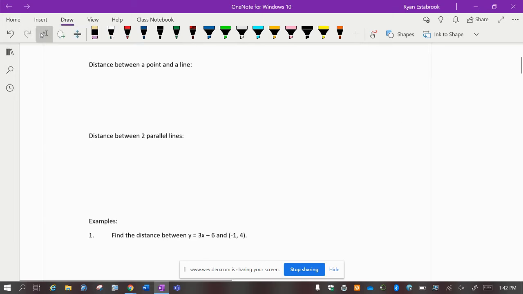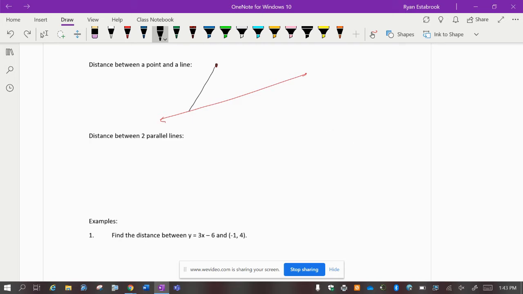We're looking at perpendiculars and distance. The first thing we're going to look at is the concept of the distance between a point and a line. So if we have this line and this point, the distance from the point to the line is implied to be the shortest distance. So for instance, I'm not going to say this is the distance from the point to the line,